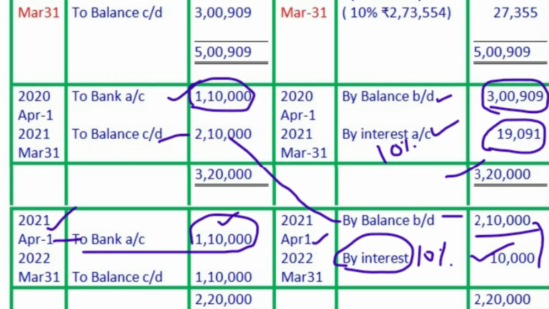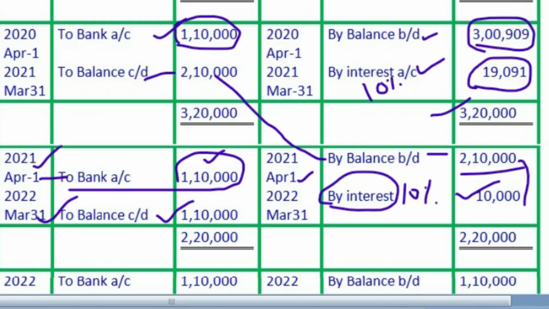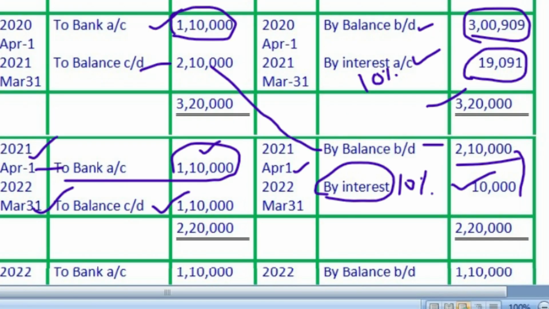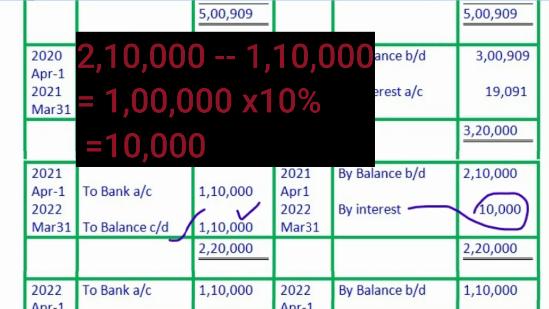Totally balancing the account of the third year, again CD. Now the balance left is 1,10,000, and this amount of 1,10,000, the final installment, will be paid the next year on the first day of next year. So this final installment amount is left unpaid, and it will be paid on the first day of next year, that is,